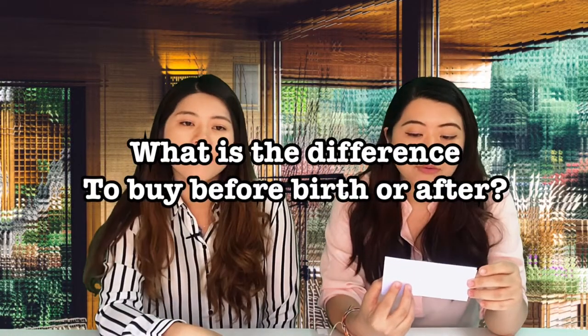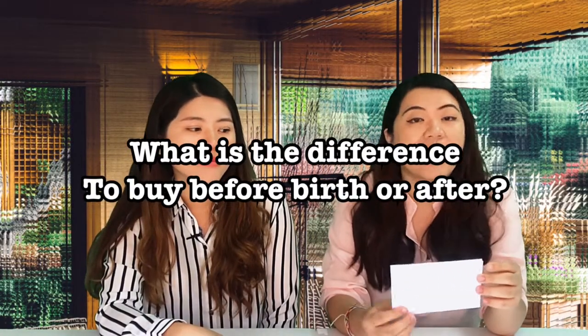What is the difference between buying it now while pregnant or buying it after pregnancy? Basically, the difference is, if you buy now, you actually have an early start of protection for your child or your baby. Because there are many medical insurance plans out there that do not cover birth-related illnesses. So if you start the coverage now, you'll be really saving a lot of money if your baby is born